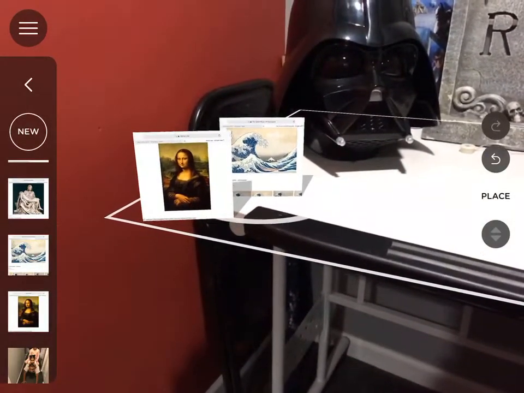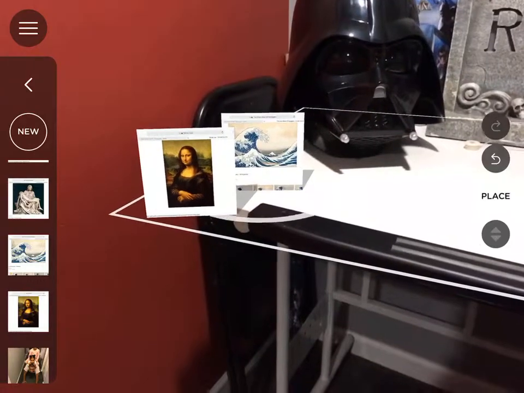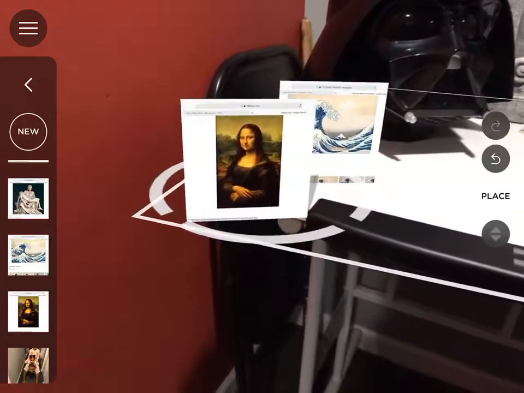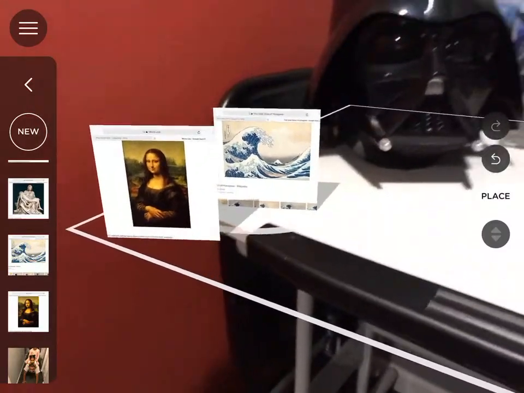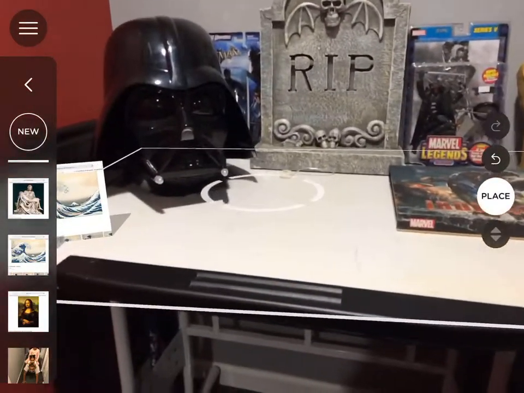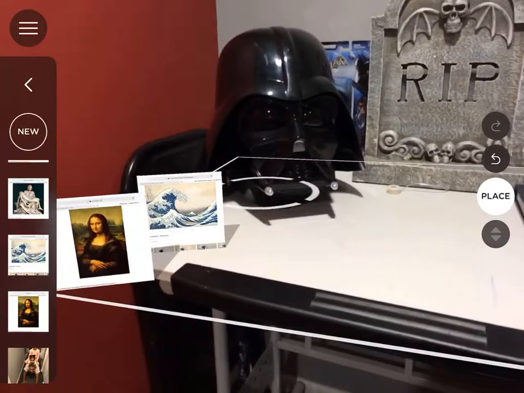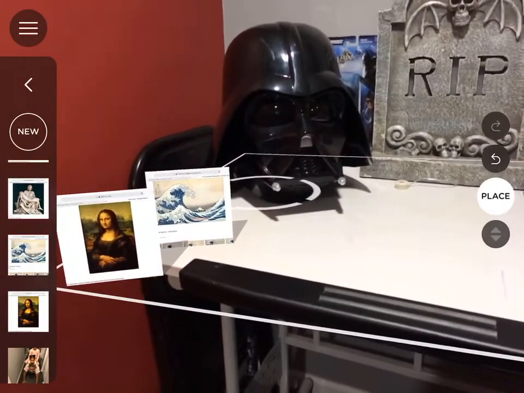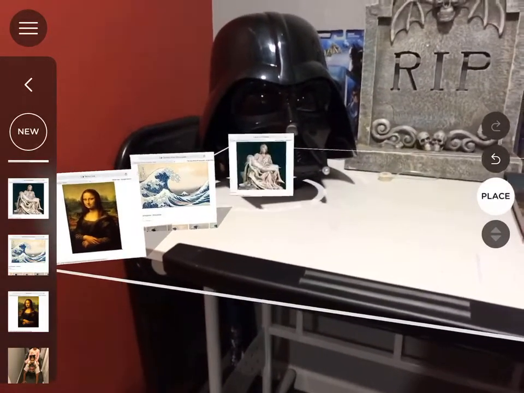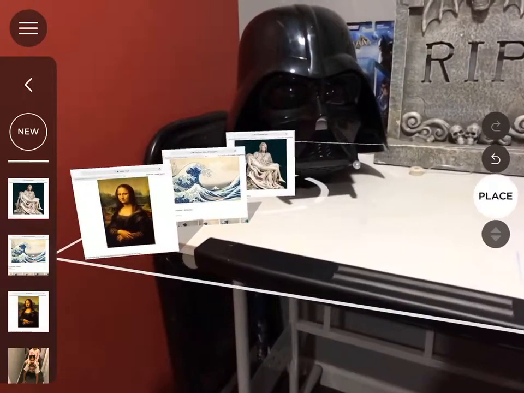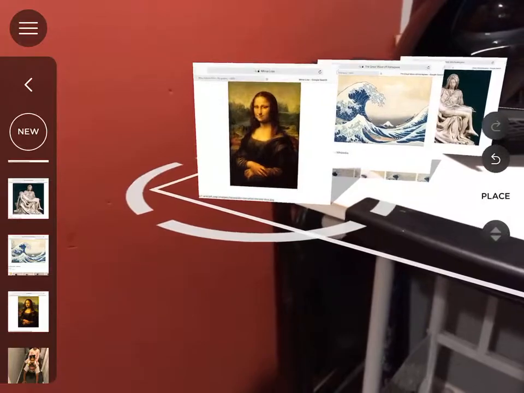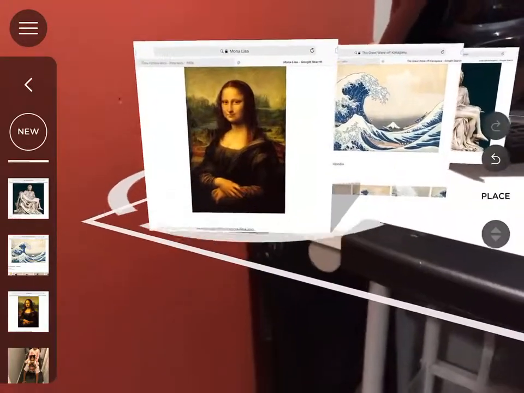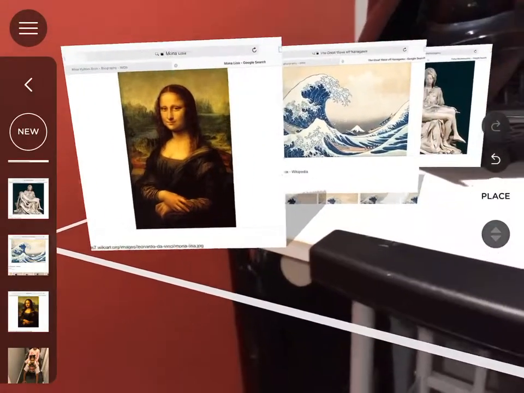Notice that there is a slight shadow behind it, which is really good because it's recognizing and rendering light as well as shadow. It makes it look more realistic. I'm going to put on another one with a little bit more space. There we go. So the idea would be to have my students look up these different famous artworks and